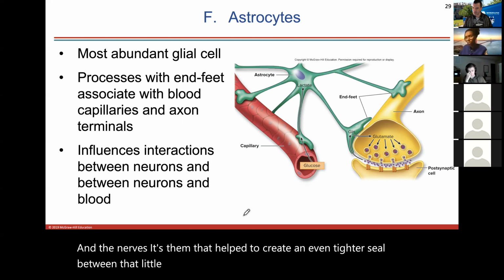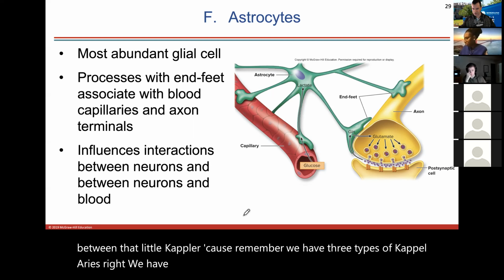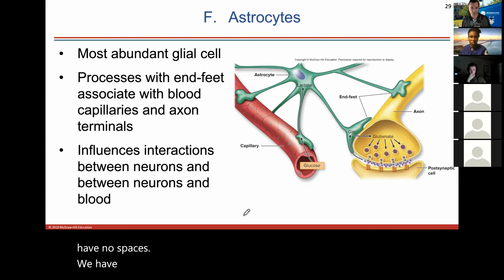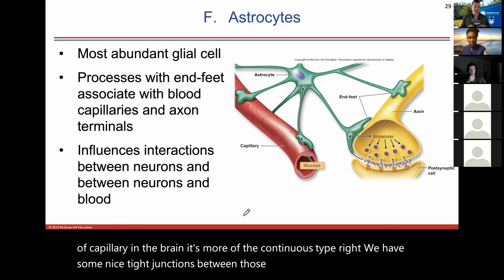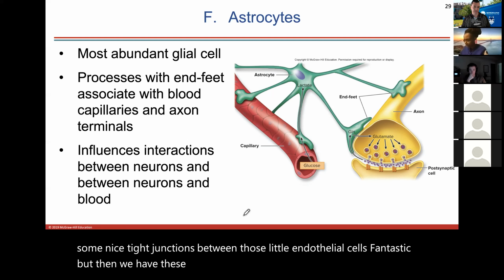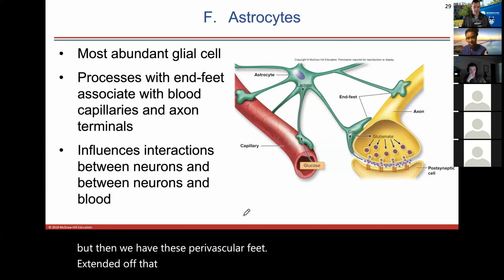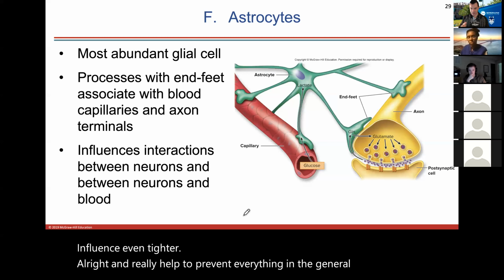Because remember, we have three types of capillaries, right? We have capillaries that have a continuous sheet where we have no spaces. We have fenestrated. We have sinusoidal capillaries. And the type of capillary in the brain is more of the continuous type, right? We have some nice tight junctions between those little endothelial cells. But then we have these perivascular feet extending off of that astrocyte that help to make that seal even tighter, and really help to prevent everything in the general circulation from getting in and affecting the brain